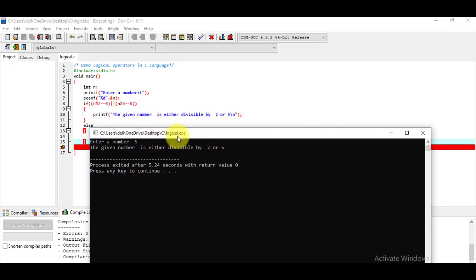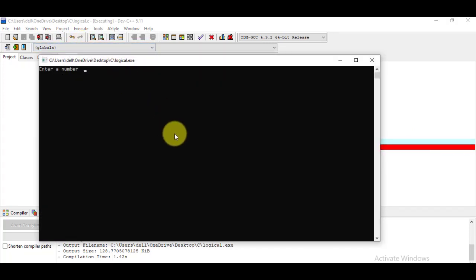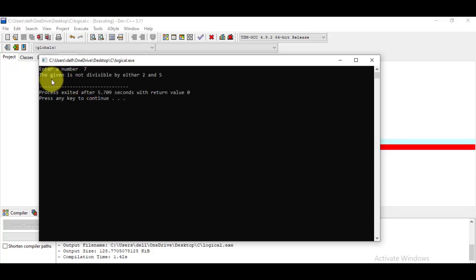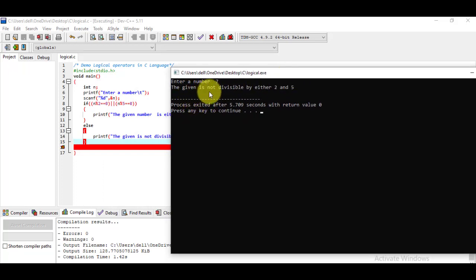So let's change the number to something else. Go to execute, then choose run, and this time I'm entering a value, say 7. In this case it is showing me that the given number is not divisible by either 2 or 5, meaning 7 is not divisible by 5 and 7 is not divisible by 2.